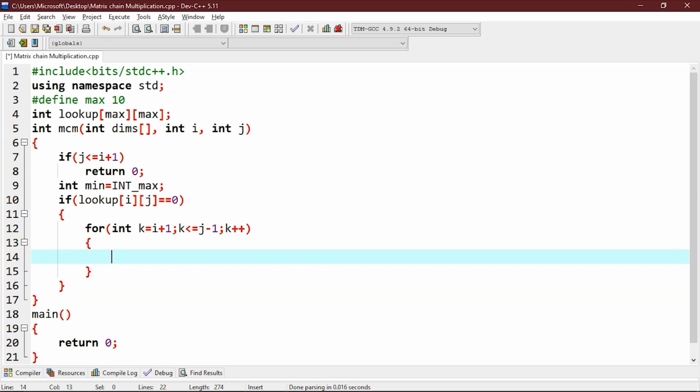Now we will recur for m from i plus 1 to m k to get an i x k matrix. Int cost will be equal to mcm dims, comma i comma k.